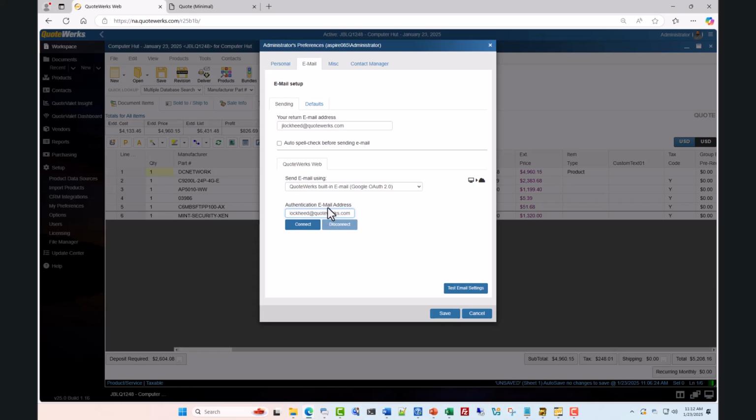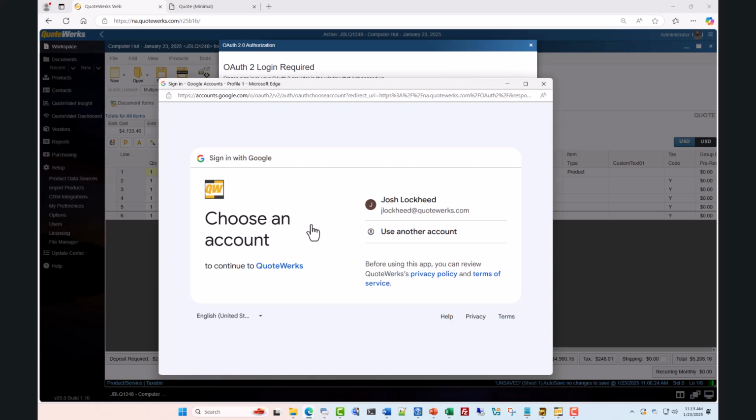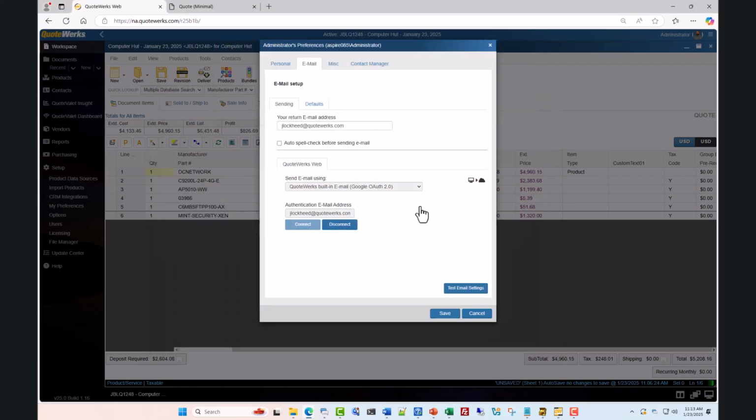I'm going to put in my email address in the Authentication Email Address field. I'll then click Connect, and this will begin the process of connecting my Google email to QuoteWerks. I am asked to select an account, and I'm going to select my QuoteWerks email account. Clicking OK will save my settings, and to make sure things have been set up correctly, I will click Test